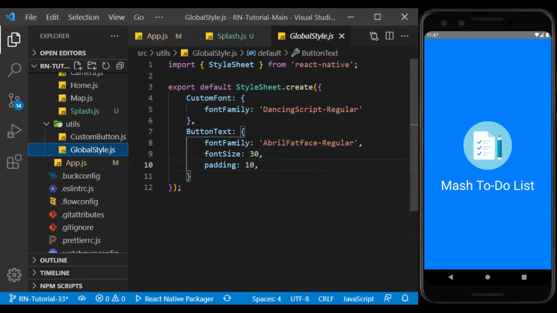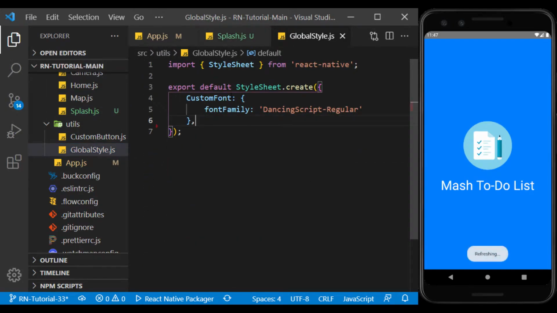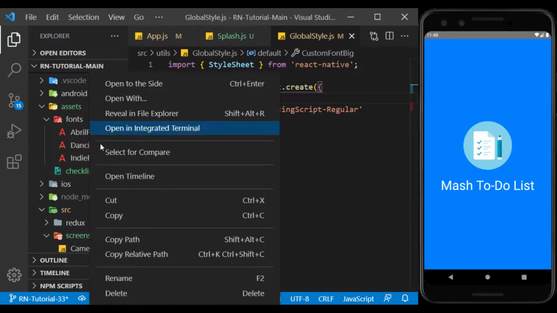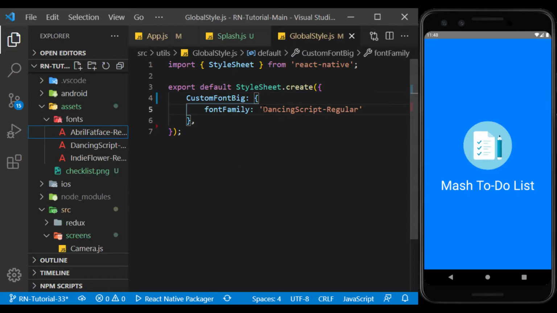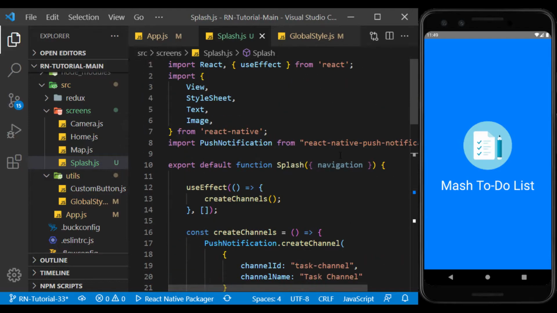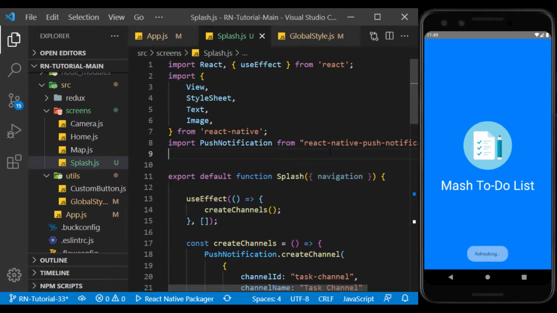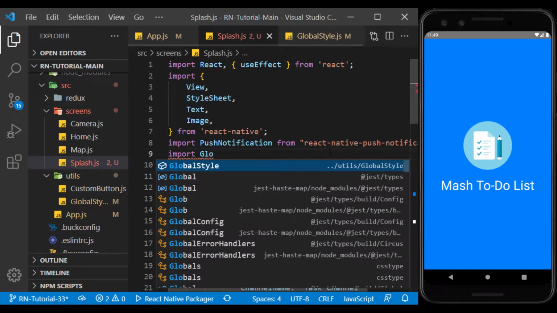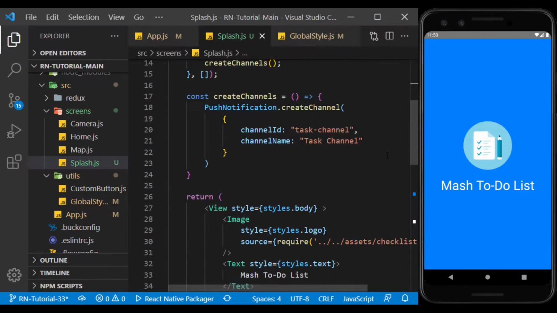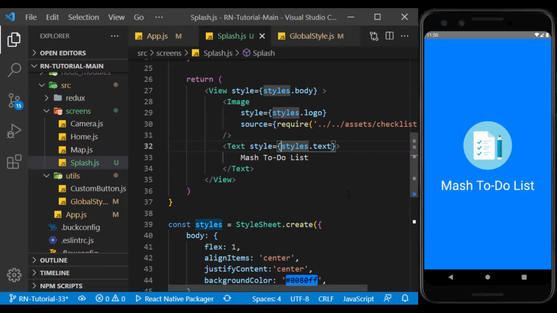So I go to the global style file we created earlier and define one of the appropriate title fonts there. Now on the splash page, I import global style and use it along with the text style.